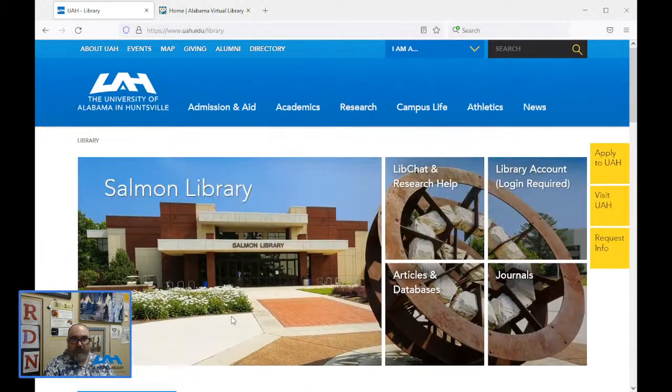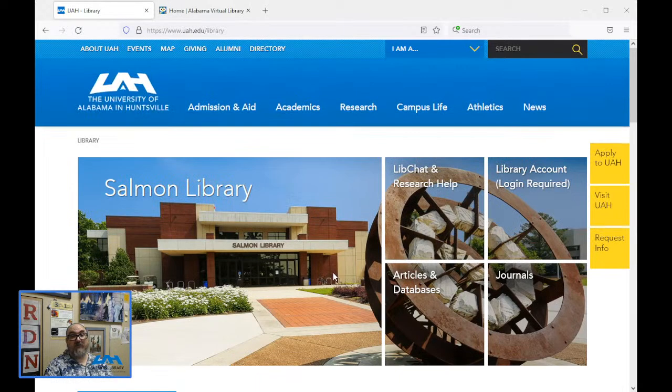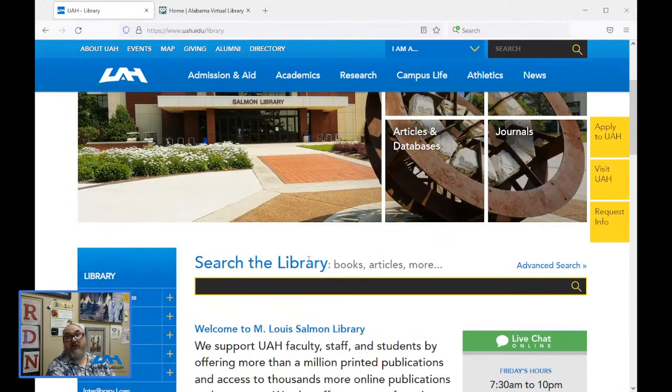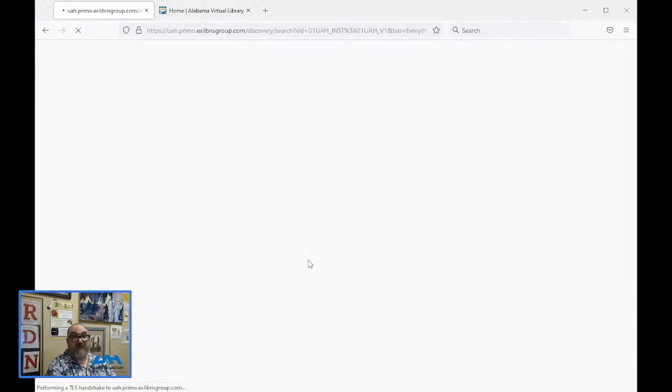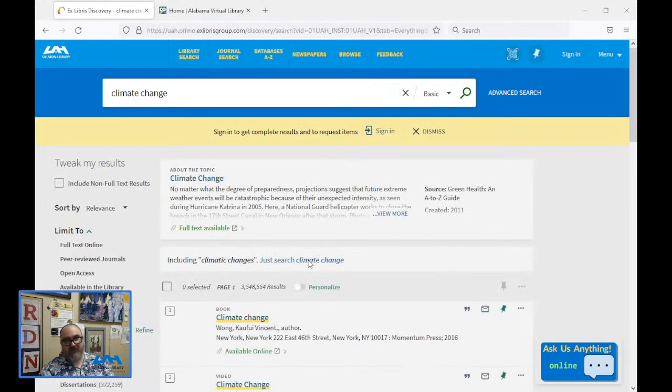And if you're a student or just a guest coming in, the first thing you do is scroll down here, search the library, and you can type in whatever you want. But we've been using this as a basic search. You search climate change, and this takes you to Primo Pathfinder, which is our discovery service. A discovery service is kind of like data.gov. It takes data sets from a bunch of different places and brings them in to one easy place to search. In this case, it brings in stuff from multiple databases, including some of the ones we've already talked about, some of the more open access and free ones, and it combines their indices together so that when you search it, you're actually searching